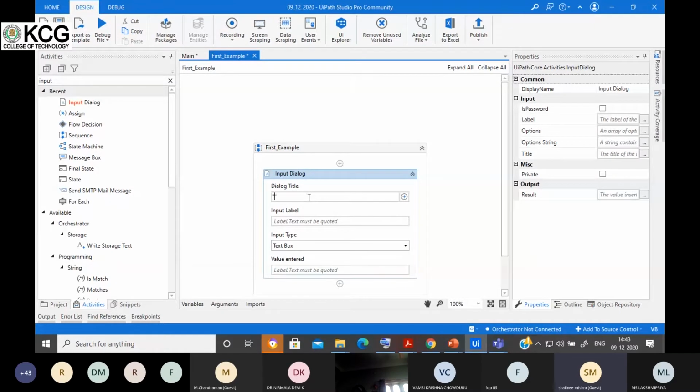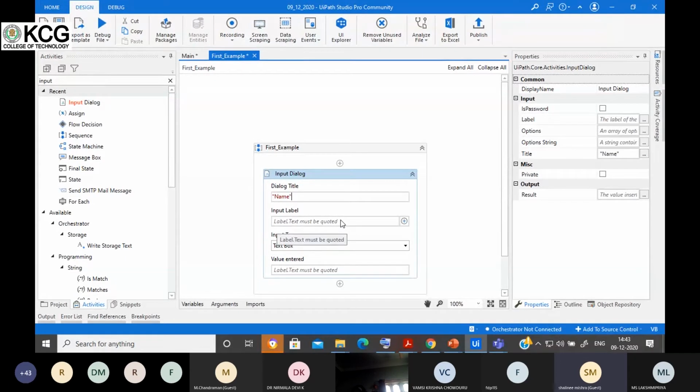The dialog title I'm writing as name, because I want the user to enter his or her name. You can also write it from the properties panel, and you can see whatever I'm writing here is reflected in the properties panel too.